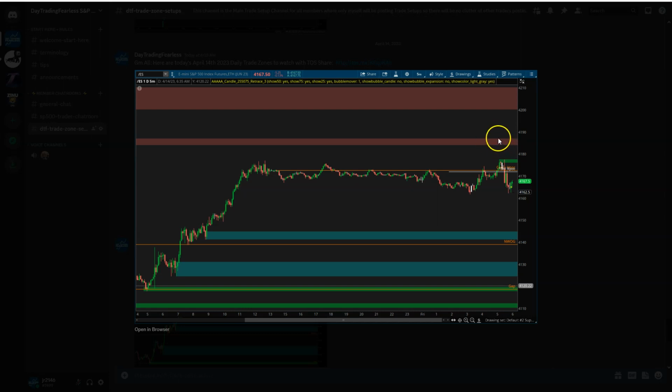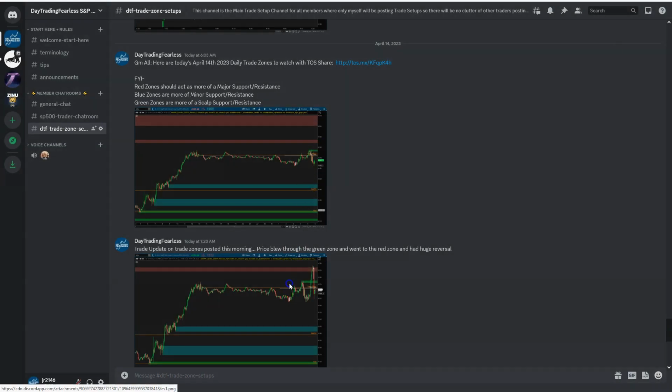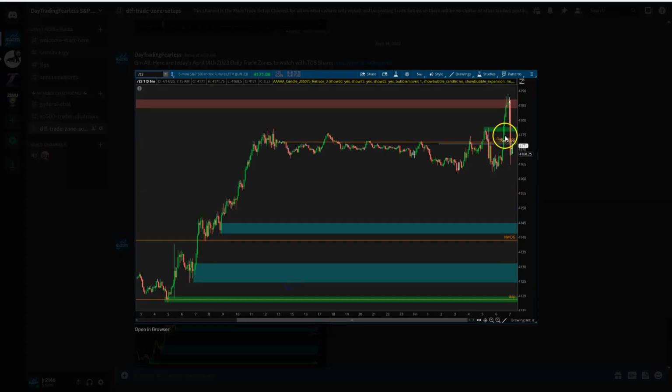Okay, and the high of this zone was like 87.25, I believe. And this is what happened. We blew right through, right? Just sometimes they don't work. This was right at the market open. And we went, but we only went about